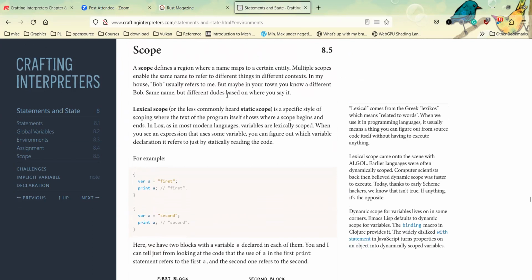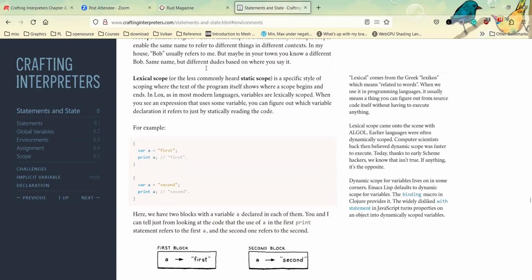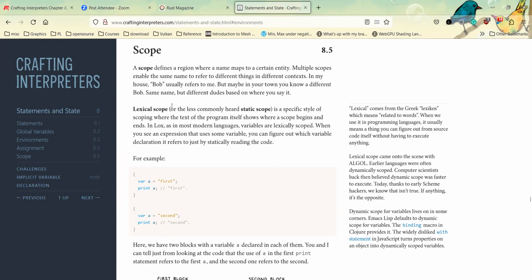And then the book starts to talk about scope, and lexical scope, or less commonly called static scoping, which is basically we know the scope of a variable when we look at the text.